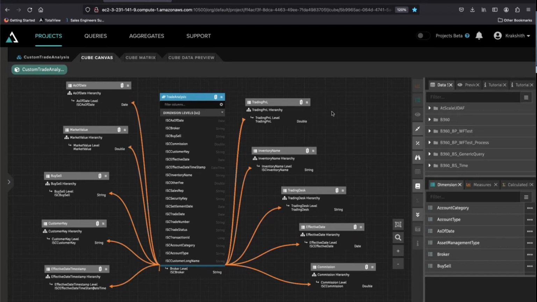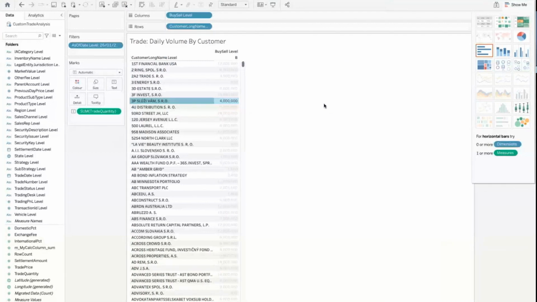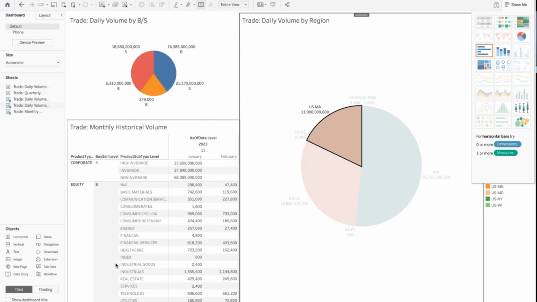Having looked at that, you can now surface this within a BI tool of your choice. In this case, I've got a Tableau dashboard over here, which is taking exactly the same data, trade volume by buy sell, and giving you the different dashboard representations that are meaningful to the decision makers within your business.